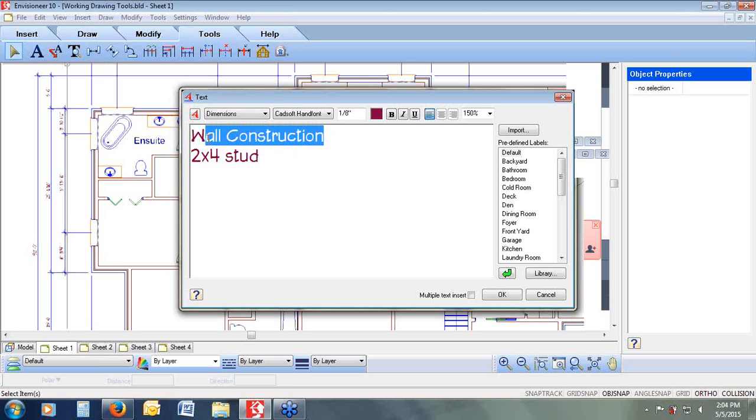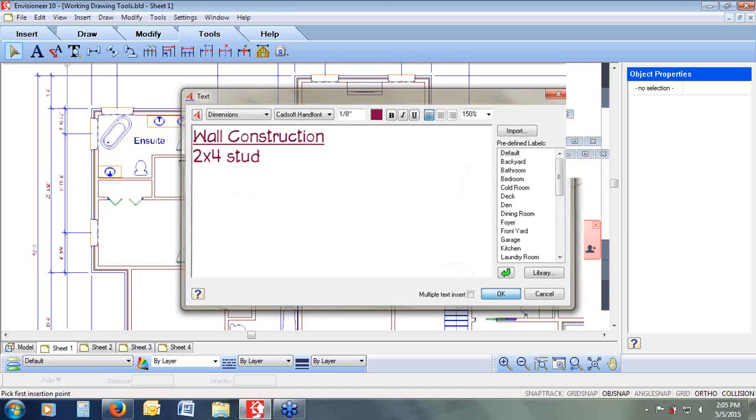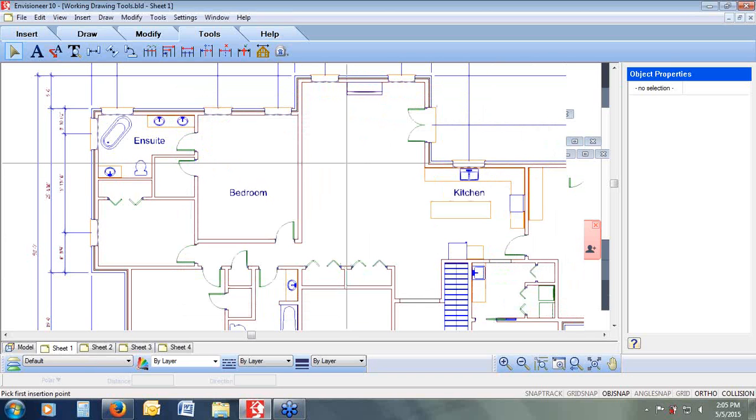I'm going to underline wall construction. So I'm highlighting wall construction and I'm hitting underline. So you can use the underline or italic or bold to add style to your text as well. I'm not going to do multiple text insert, but this time when I click OK, notice that there's no text attached to my cursor. Because I chose text with a leader, it wants me to first show it where the leader is to